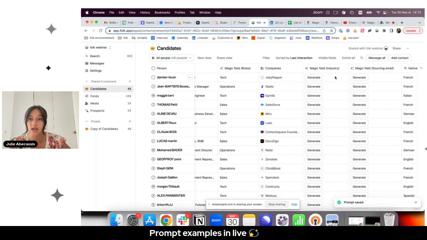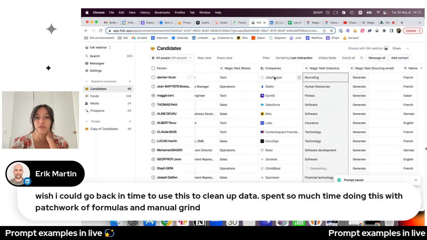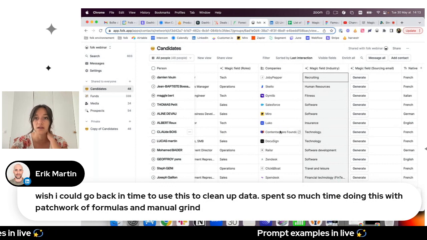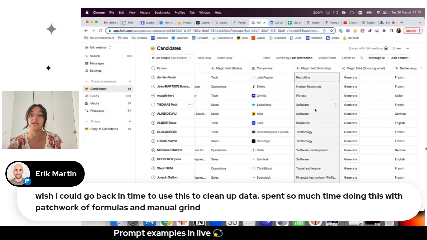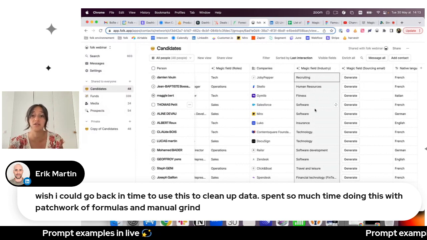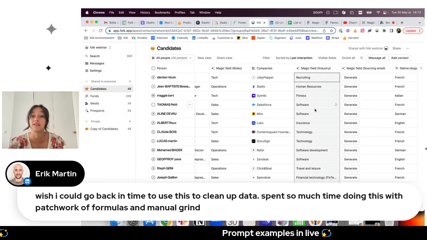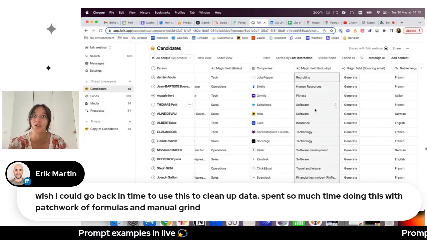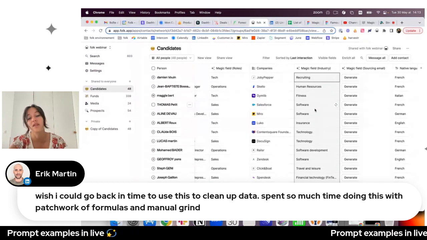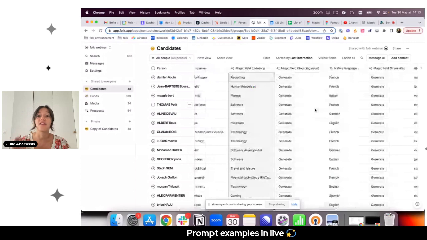So I'll do the same, come here and generate the industry of the companies that you can see in this column. And same here, if I want to translate this column as a tag, I can just copy and paste this column in a tag column to make sure that then I can filter on this column and go in my recruitment workflow. We've been talking about generating emails, and I think this one is really amazing because you can